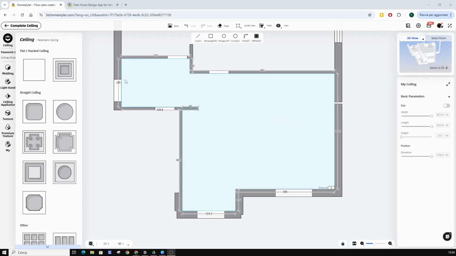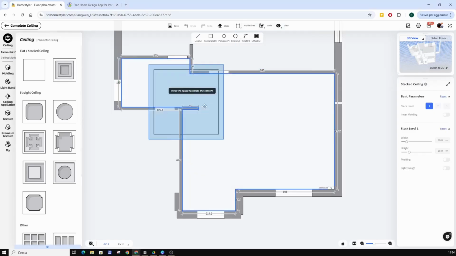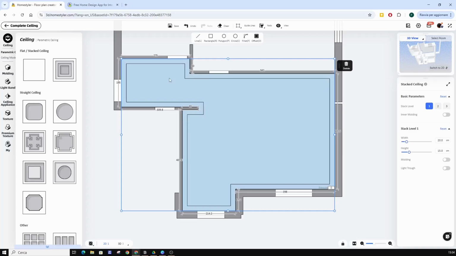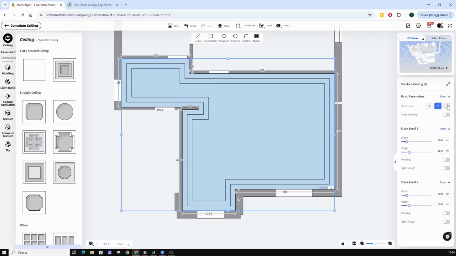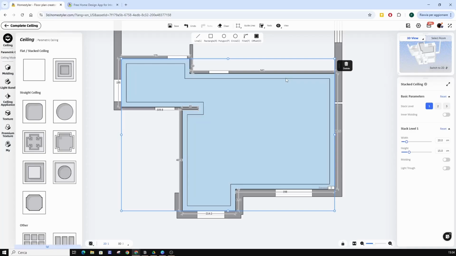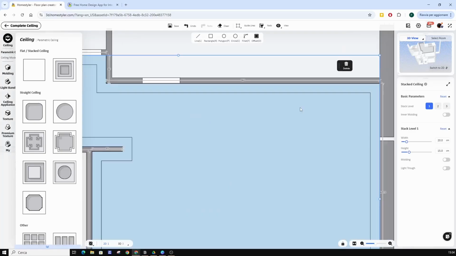For example, this one, which allows us to have a border that can be single or double or even triple. We can also decide the dimensions, that is, the width of this perimeter.